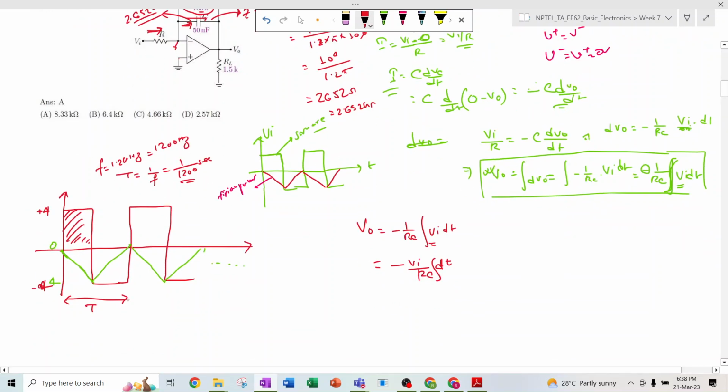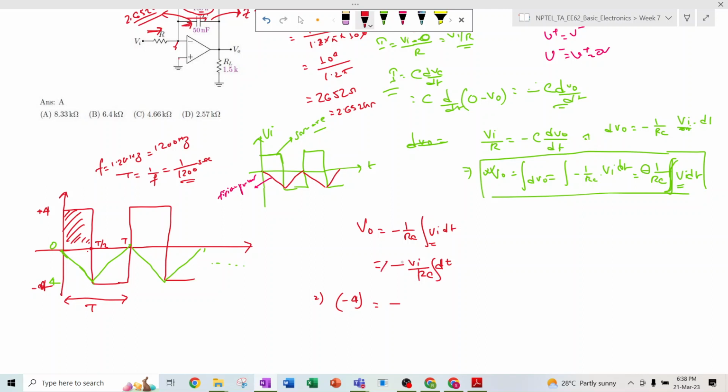So this is 0, this is T, and this is T by 2. So from 0 to T by 2, the output Vo will reach the value of minus 4. So it will be minus 4, because it is going from 0 to 4, right? 4 volt peak to peak, so it will be minus 4 is equal to minus,